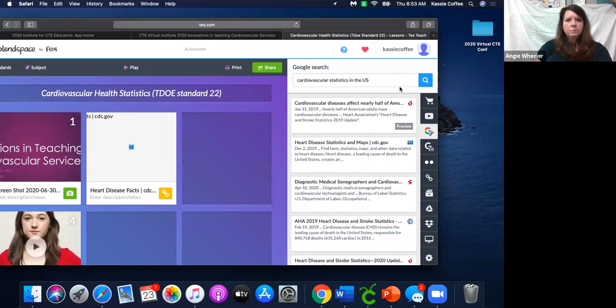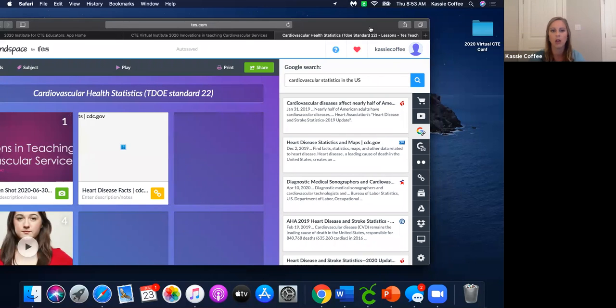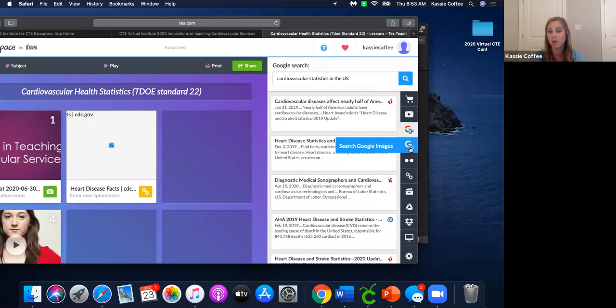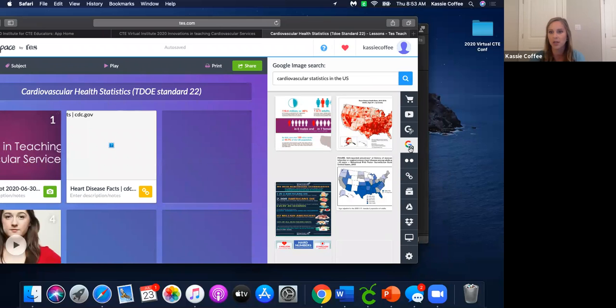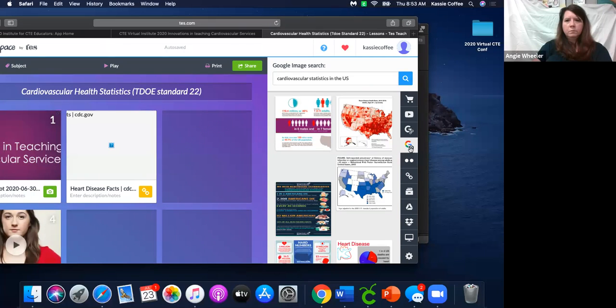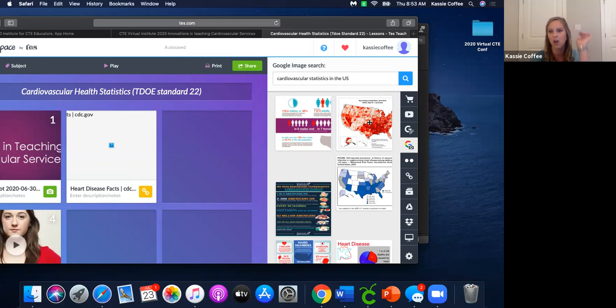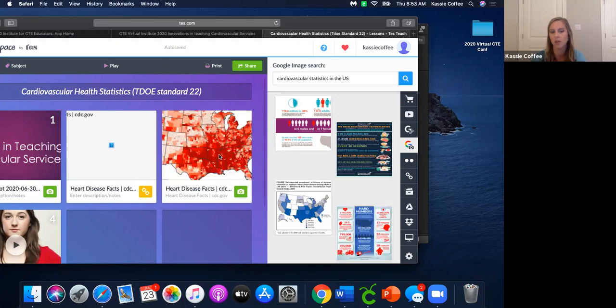So there's an example of using the Google platform. Then if you want an image or something, we're going to show you a website closer to the end of our session today that focuses on county-level cases of heart disease. Maybe you want them to just see a picture of what that may look like. Same thing, you can drag and drop it in there. This is actually the website we're going to be using a picture from, so you'll see that again at the end of the course.